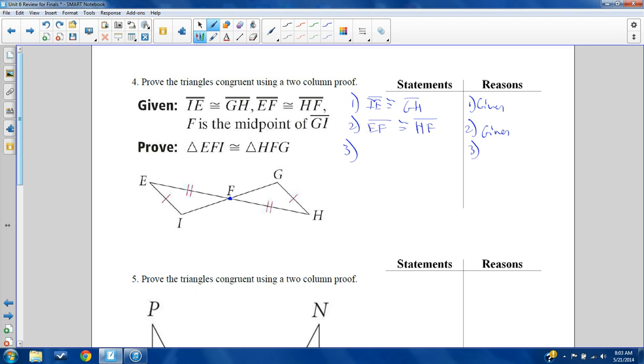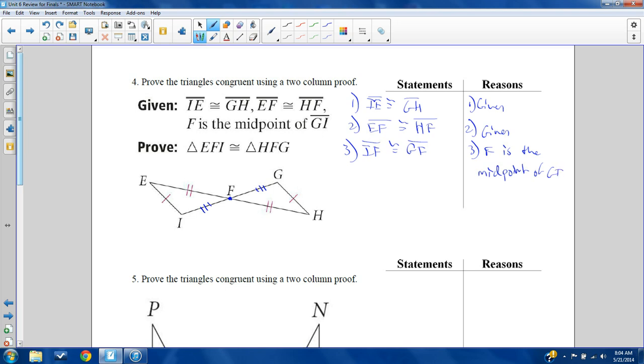Now, F is obviously the midpoint of EH because EF is congruent to FH. We know that. We don't know that IF and FG are congruent. But they just told us that F is the midpoint of GI. F is exactly between point I and point G, which means F creates two congruent segments here and here. So you can make a statement that says IF is congruent to GF, and it's not because it looks like it or anything else. It's because they tell you F is the midpoint